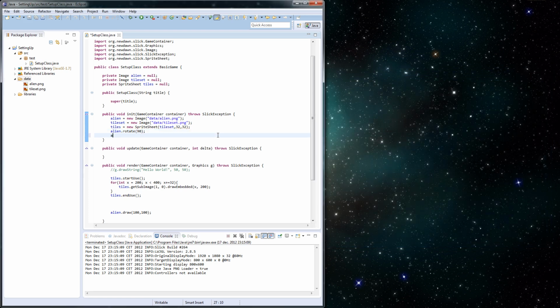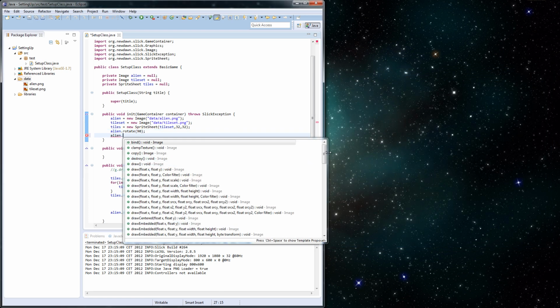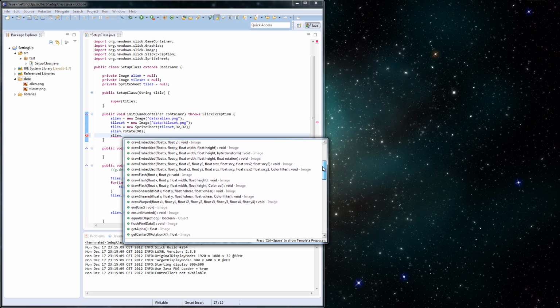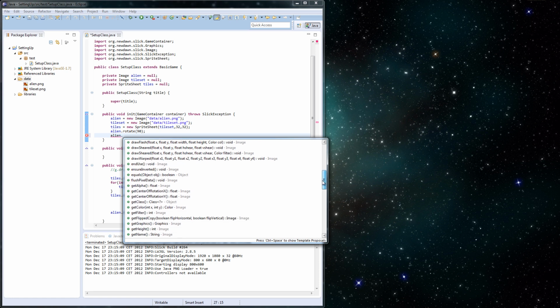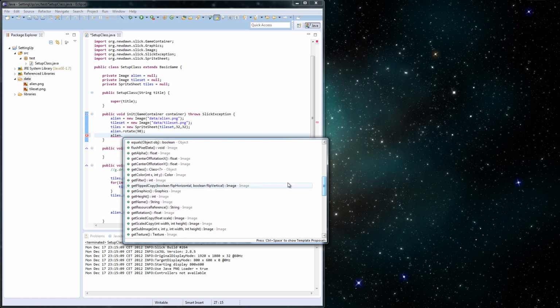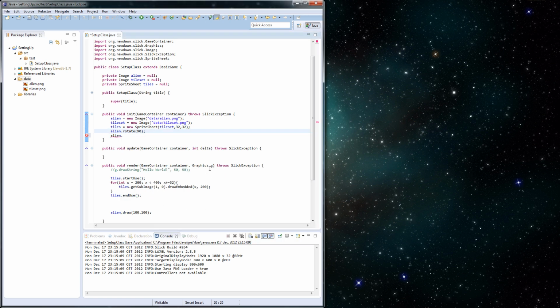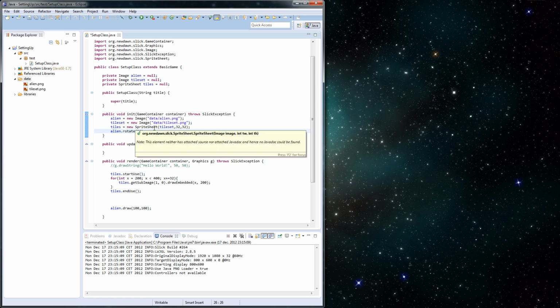And I think that's it for the images, really. There's a few different methods that you can also use. You can get a flipped copy, and you can also get a scaled copy, but those are the main functions of the images in Slick2D. So I hope you learned something from this,